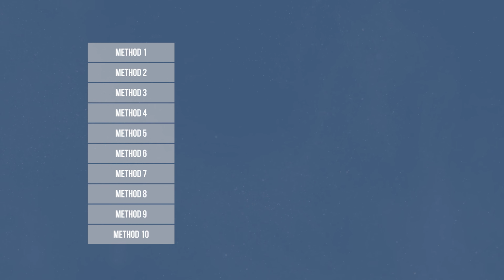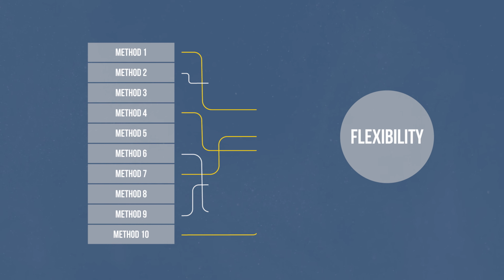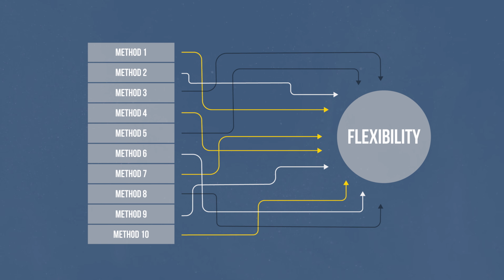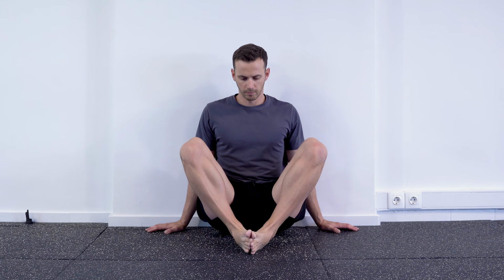Now, this can be confusing for many, so to explain it shortly, we currently have over 10 flexibility methods that attack flexibility through different physiological pathways. Examples of such methods are the passive static, in which you simply hold the position, the active dynamic, in which you move through your range, or the PNF contract-relax, in which you alternate between contraction and relaxation.